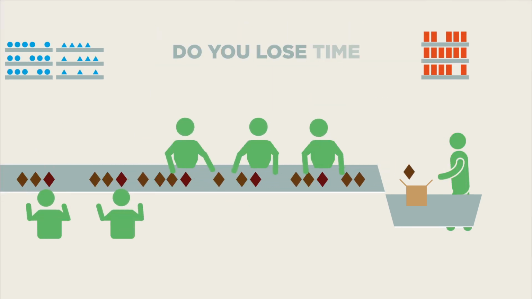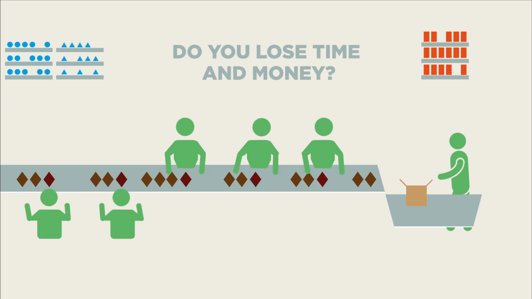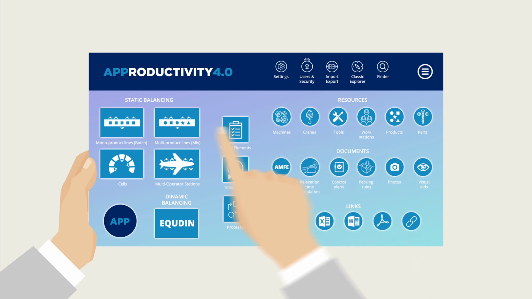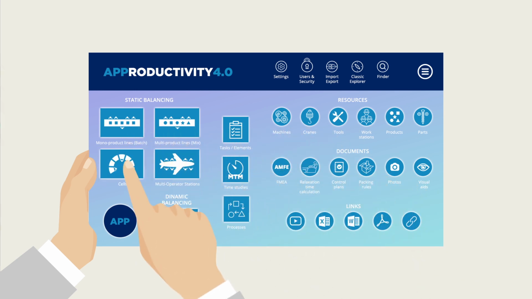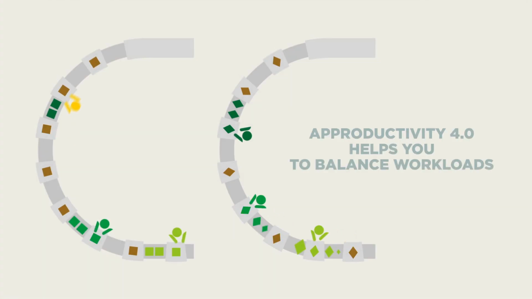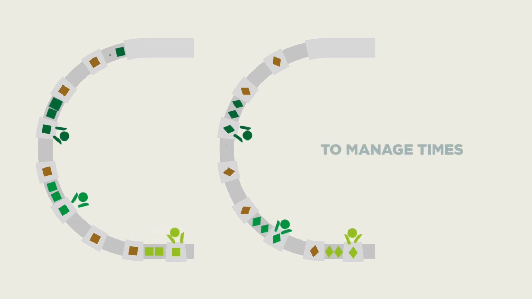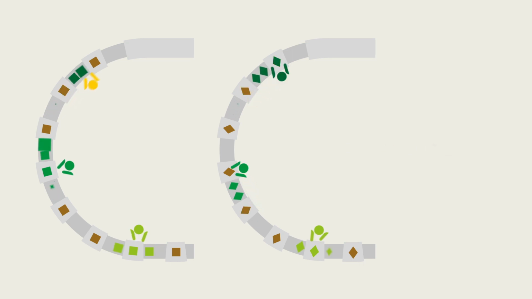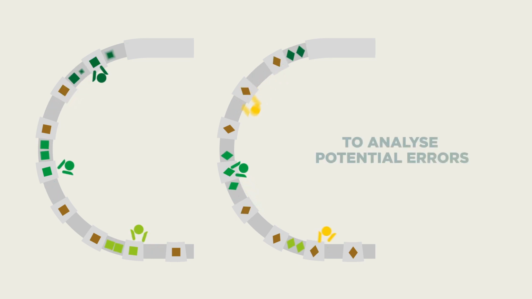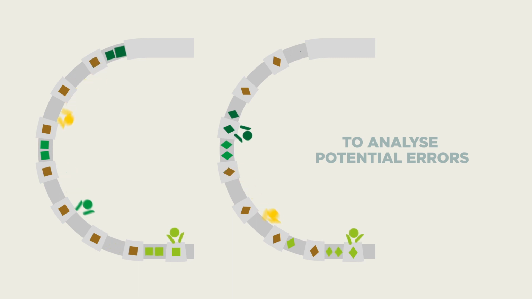Are you looking to significantly increase the efficiency and flexibility of your factory? Over 30 years of experience in improving productivity has led us to create APPRODUCTIVITY 4.0, a program that allows you to analyze and improve your production processes using the advantages that Lean has to offer. With APPRODUCTIVITY 4.0, we make your factory more flexible, because you can produce different products at the same time